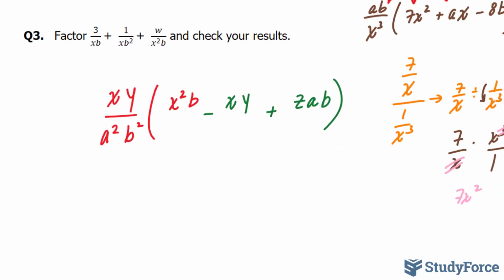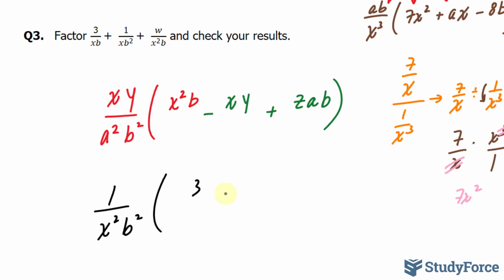Finally, in question 3, there's nothing factorable in the denominator, but in the numerator, there's an x and b in common. The highest degree for x is x squared, so I'll write down 1 over x squared. The reason why I put down 1 is because nothing was factorable in the numerator. And the highest power for b is b squared. I'll rewrite my